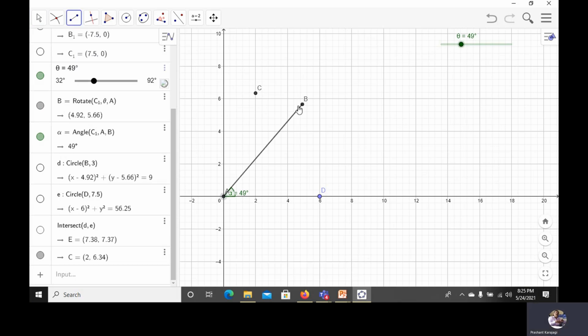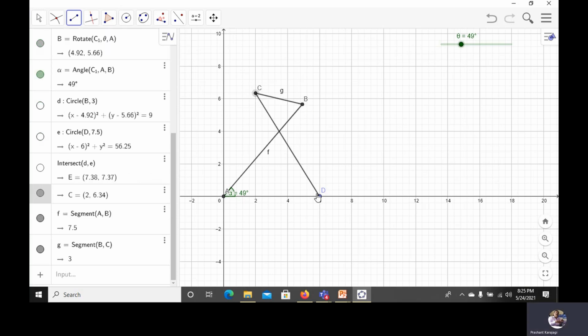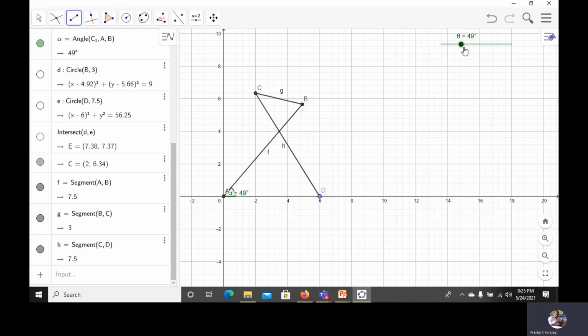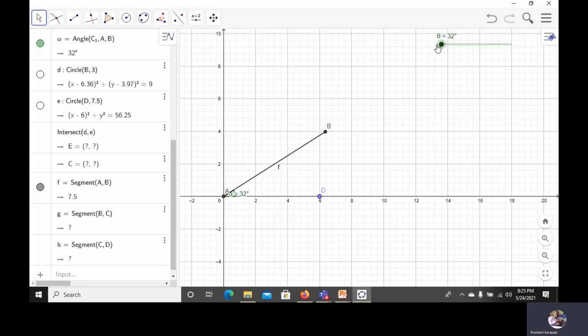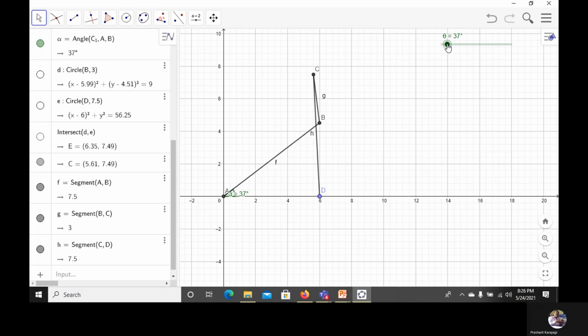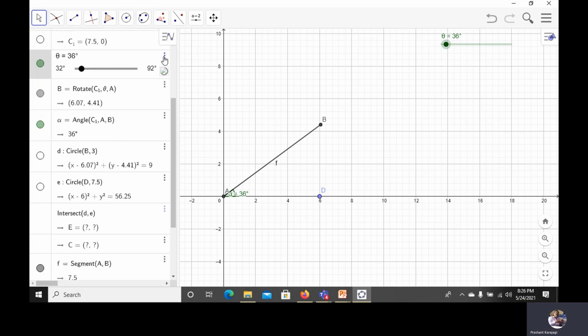Choose A, connect B. Choose point B, connect C. Choose point C, connect D. Now if you vary this slider, you will observe variation in angle.